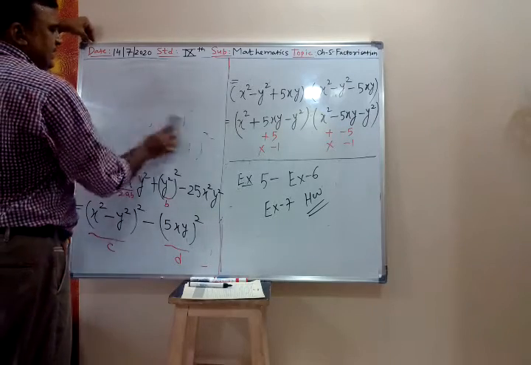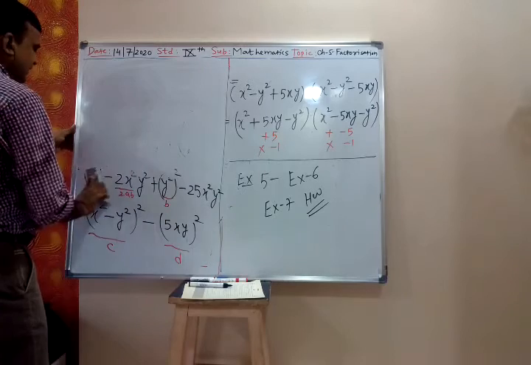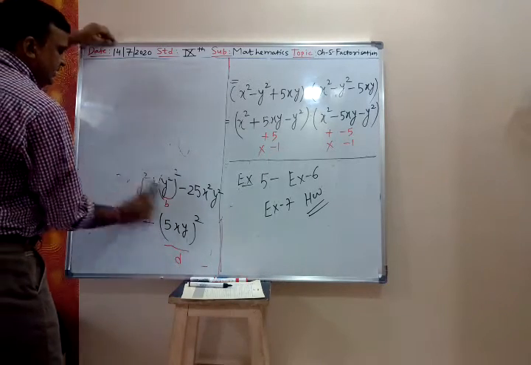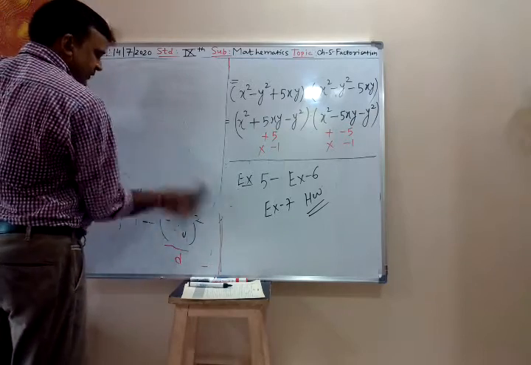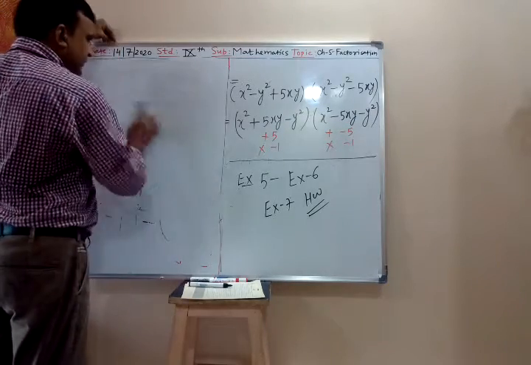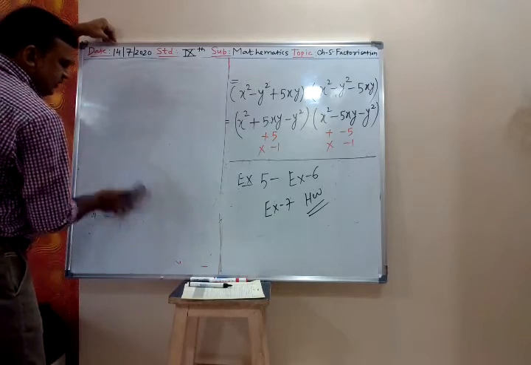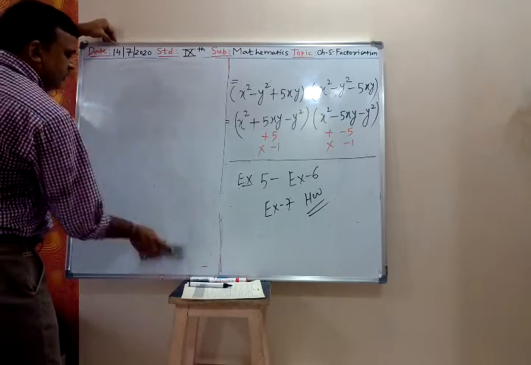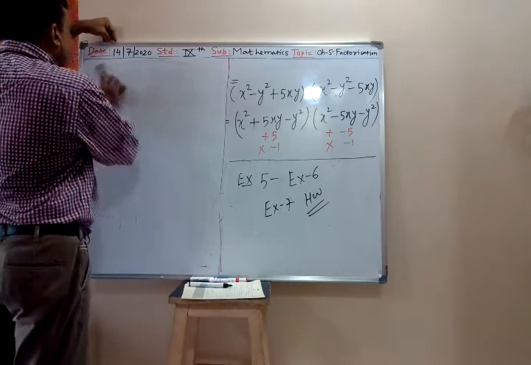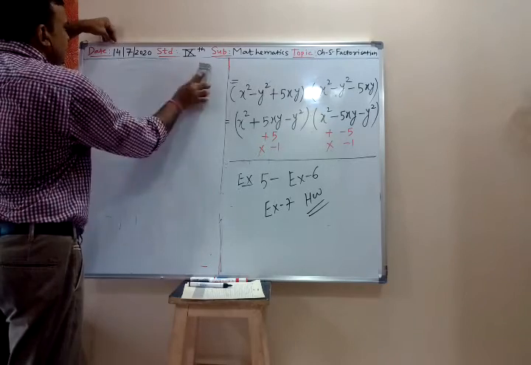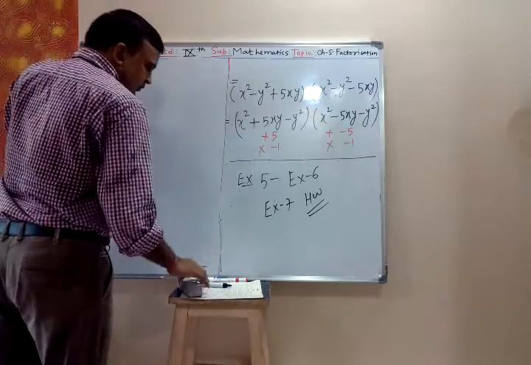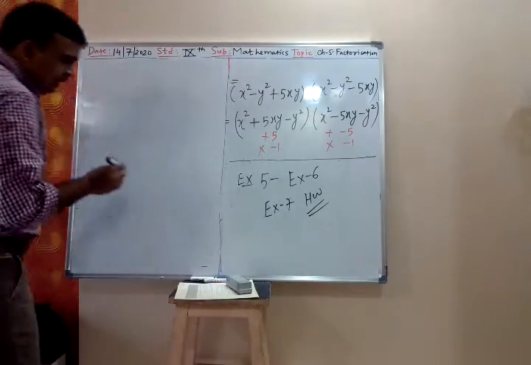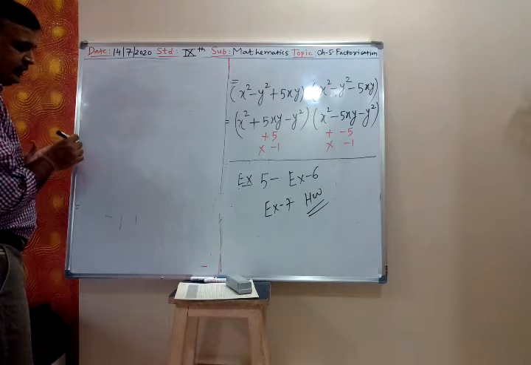No, it was plus 1. So that is why we have taken 2 into x into 1 upon 2x. In the previous one it was plus 2, so it will be 2 into x into 1 upon 2x, since it was plus 1. Now the 8th one: 8, 9, 10, all are similar.